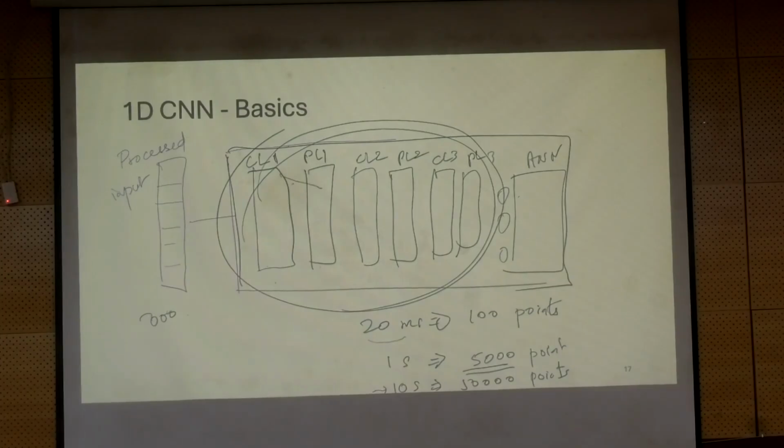So you will see that it will taper. The pooling layer will reduce the order by half. If you want further reduction, you can increase the filter size of your pooling layer. Instead of size 2, you can have size 3 and stride 3. Then you will go to 1/3. Okay? So the intention is you have a huge data set as the input, but the dense layer does not